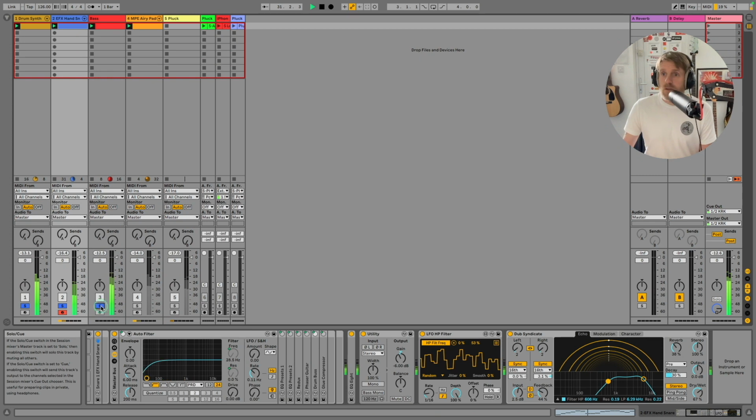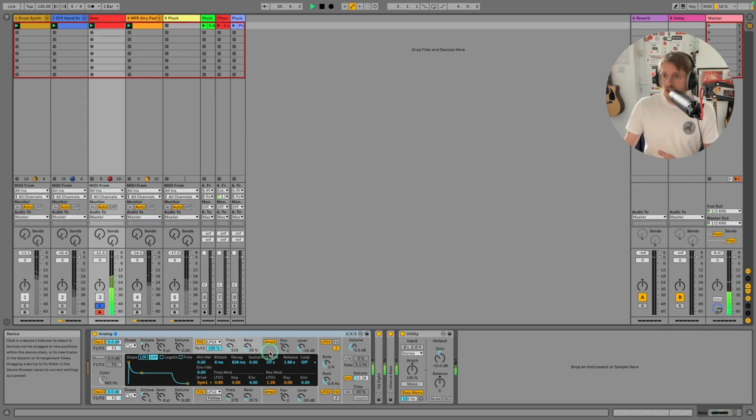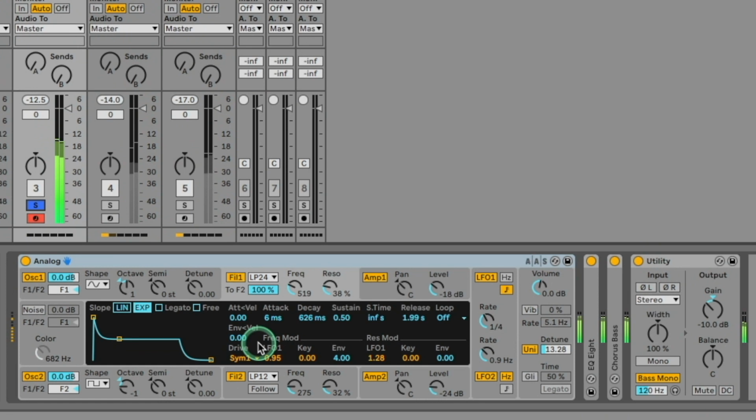And now if I bring in the bass, solo that out. Now on this track I just used the LFOs that are built into the Analog device here. So like I say, LFOs are absolutely everywhere within Ableton Live. The best thing to do is to just get in there and try it out. So for instance,